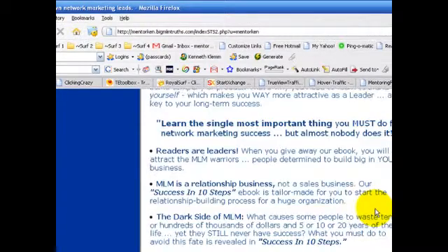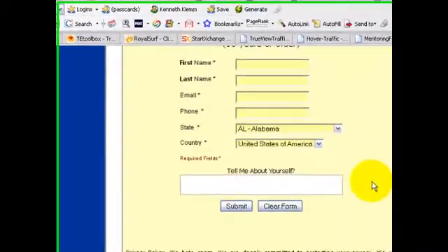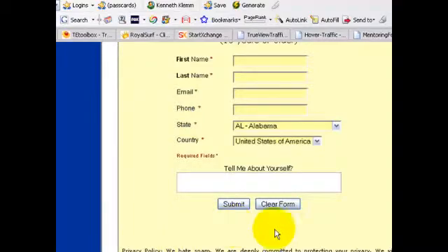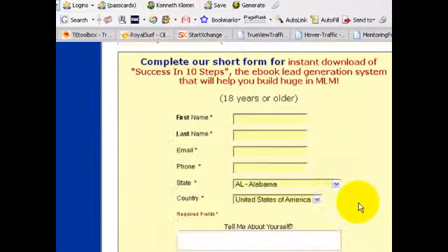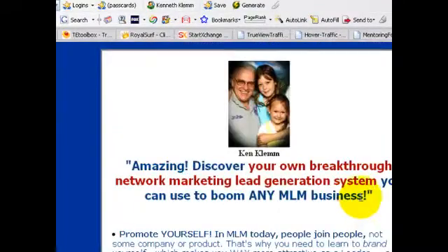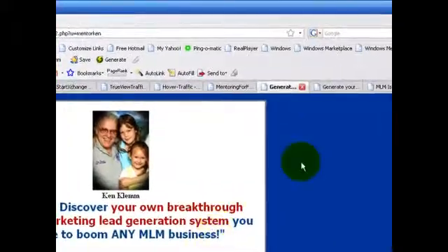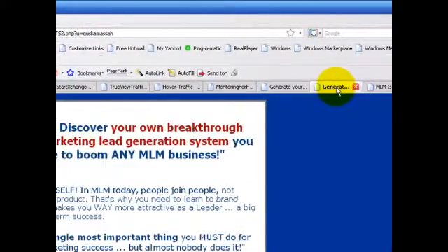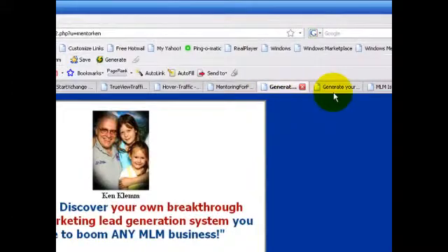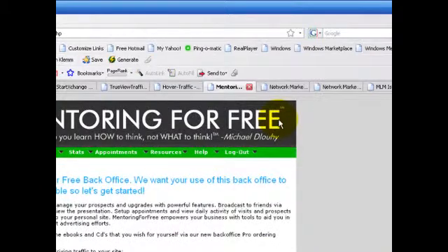This page is very short too and has your form at the bottom where they can download Success in 10 Steps. And again, let's take a look at the same page without the photo. You can see the difference. The photo is very, very important. And next, STS3,